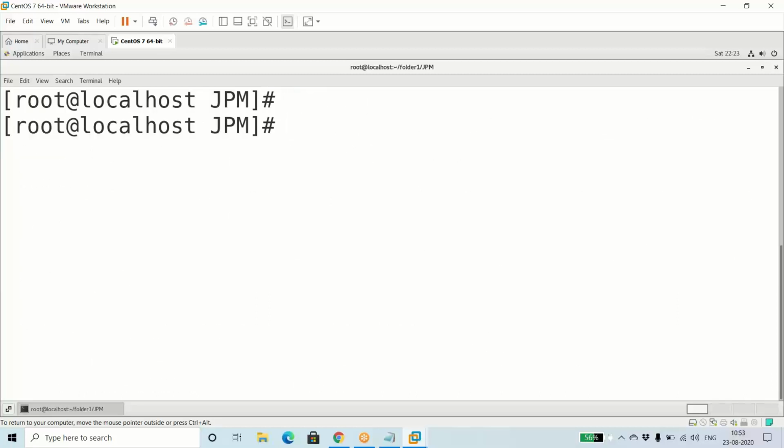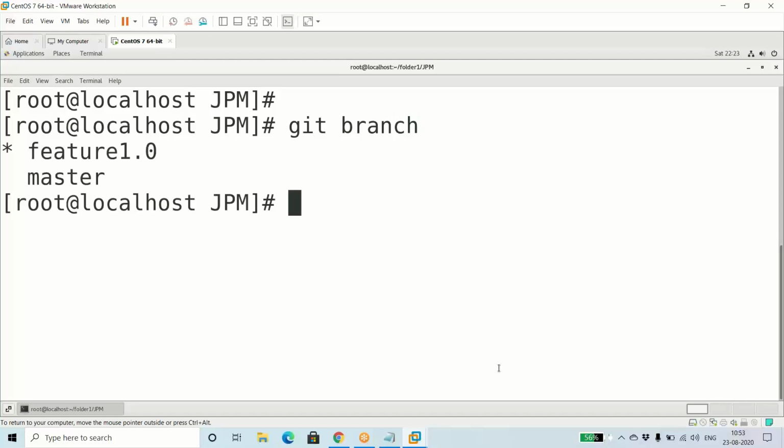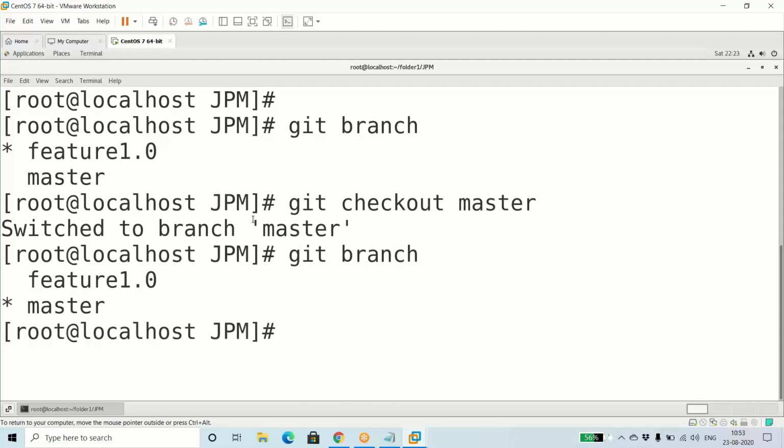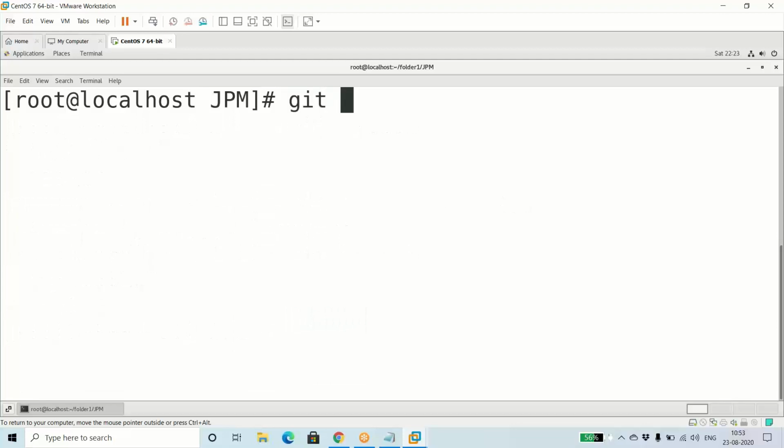Now what I'm going to do is first check out from this branch to master. I'm currently on the feature 1.0 branch. I'll say git checkout master. Okay, I've switched to branch master. When I do git branch again, I'm on master. I'll run the command git merge feature 1.0.